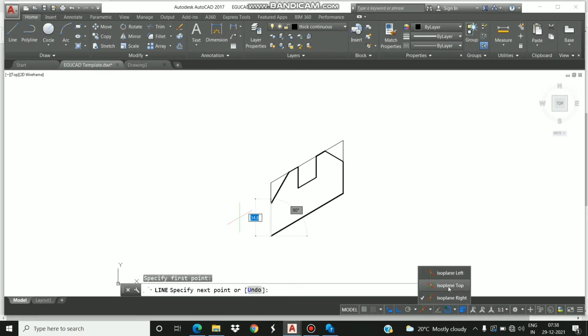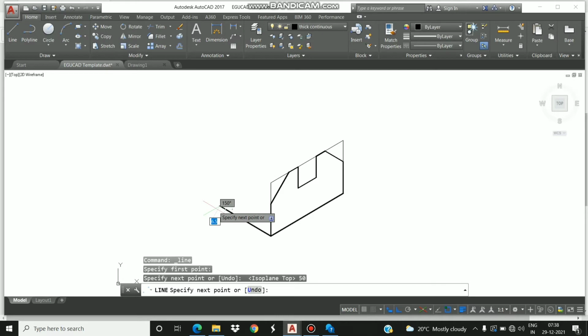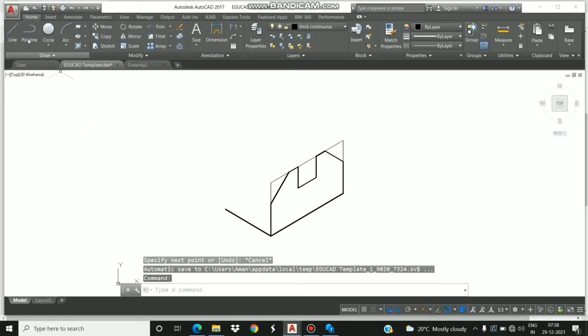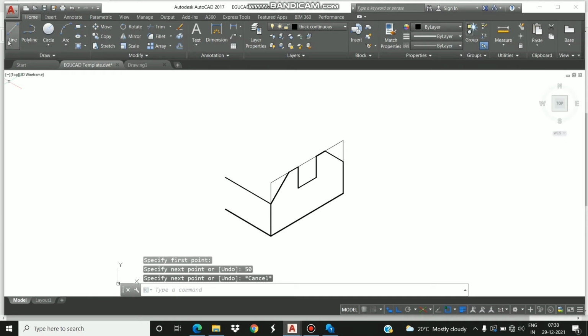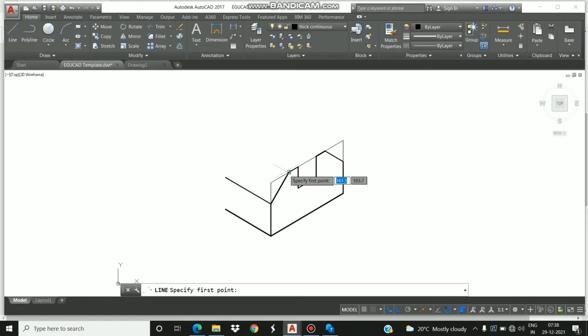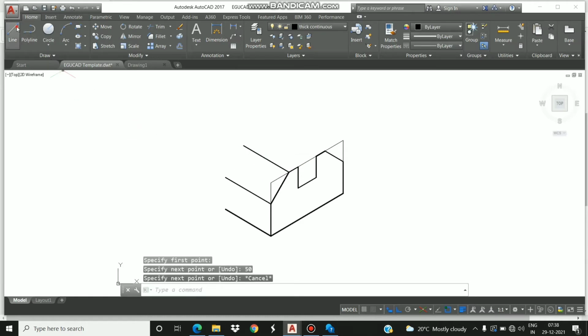Select isoplane top, because you are drawing the top view. Isometric top with length 50. 50, enter. All lines should be drawn in this direction only. In this direction 50, 50, 50.